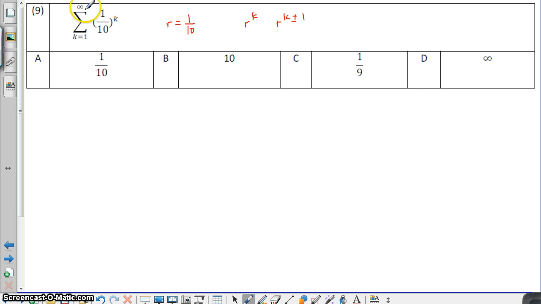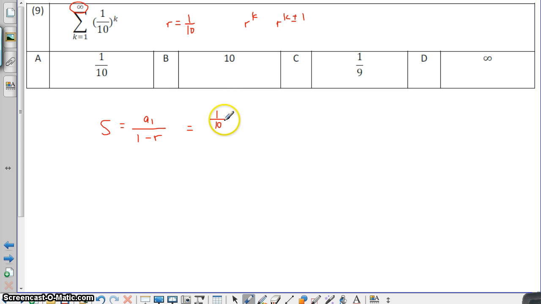So anyways, this is going to infinity, so I'm going to be using the infinite sum for geometric, which looks like this: a1 divided by 1 minus r. a1 being the very first term I get when I plug in 1. Plug in 1, you get 1/10